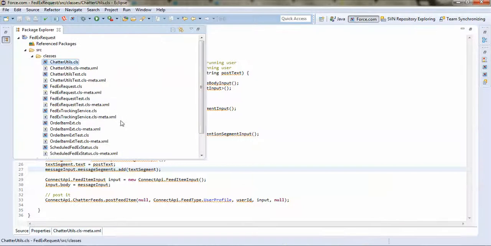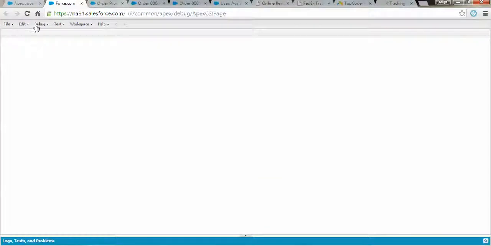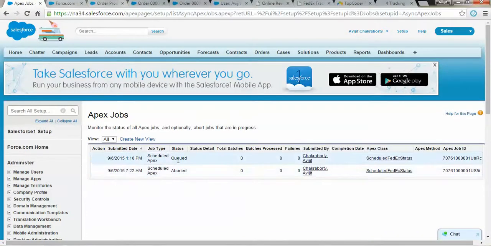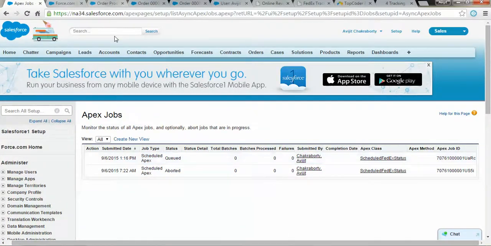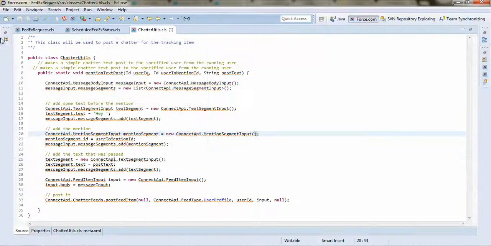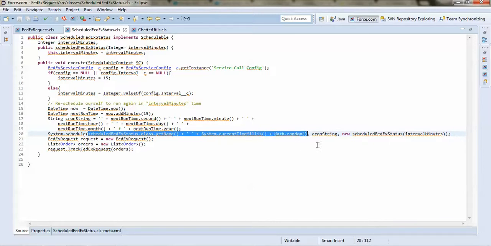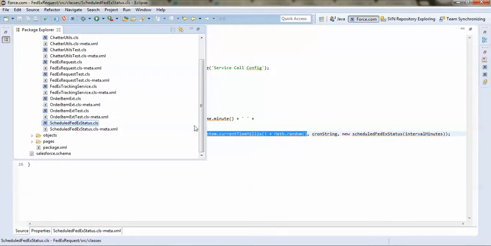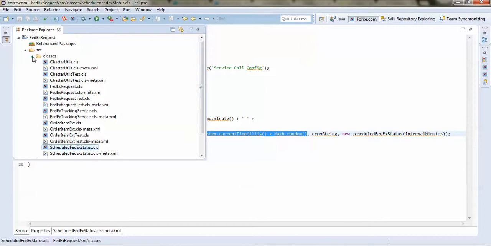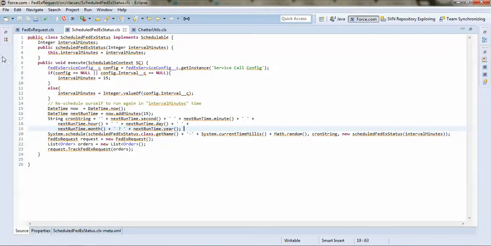And coming to the test classes, you can see this has been successfully done. The main catch with that status thing is, if you see the name, I have to make it a unique name every time so that it doesn't have any conflict. Otherwise you will get an error that this is already scheduled. If you do it for 1 minute or 5 minutes, you will see it is already scheduled, and in that case it will fail. So I make it a unique name every time.